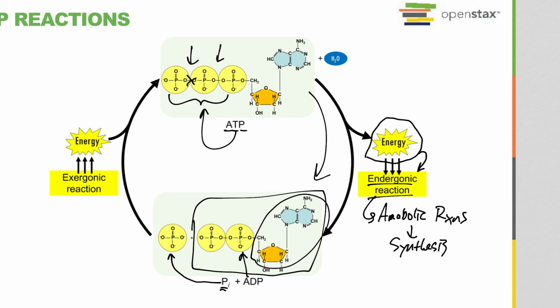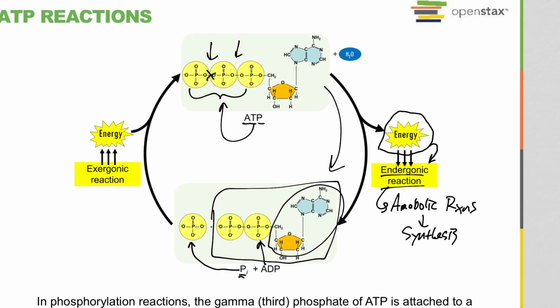So protein synthesis, lipid synthesis, making whatever the cell needs to make. Then, now that you have your ADP and phosphate that are kind of low energy and not really useful anymore, you can use exergonic reactions, which is, right, glycolysis and citric acid or Krebs cycle,